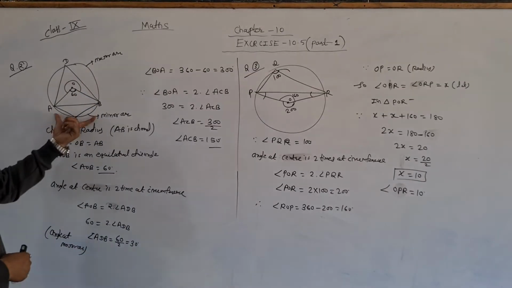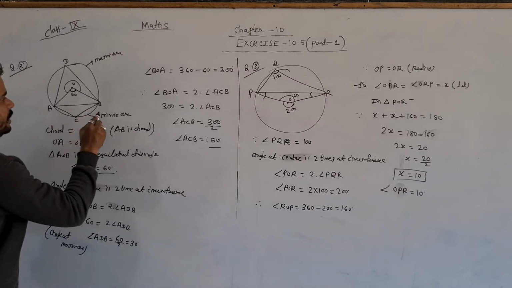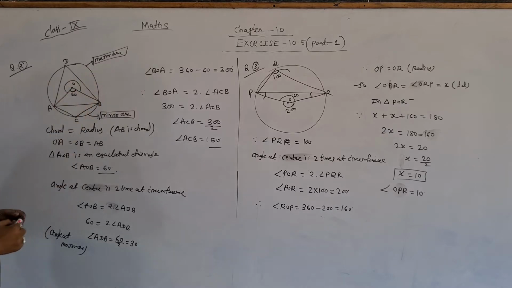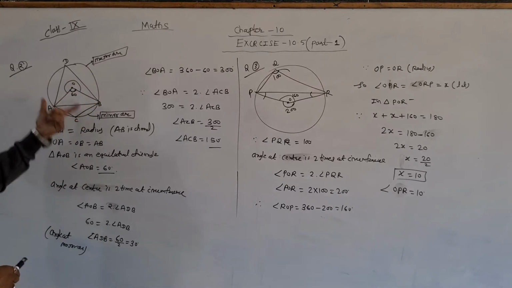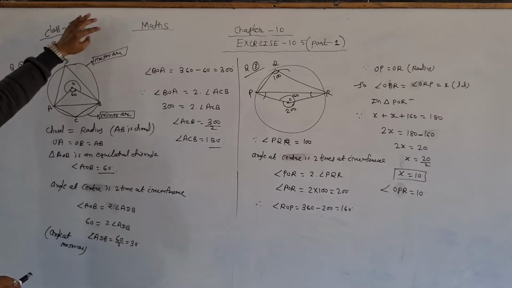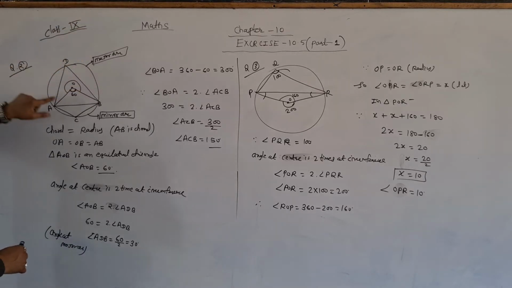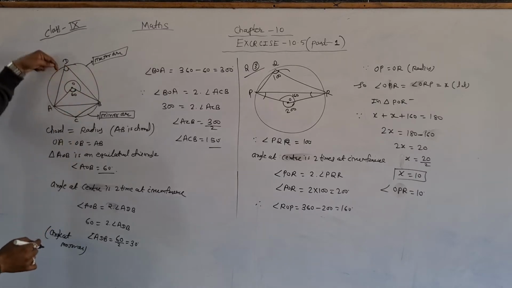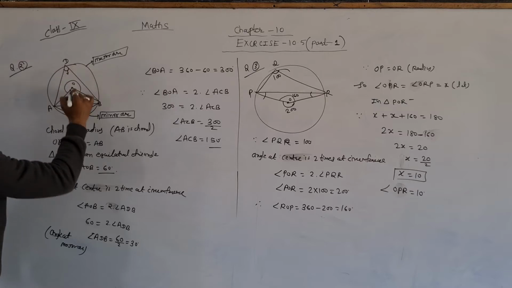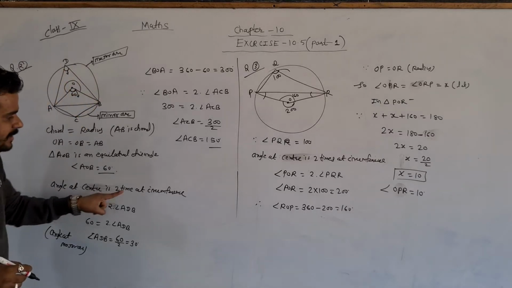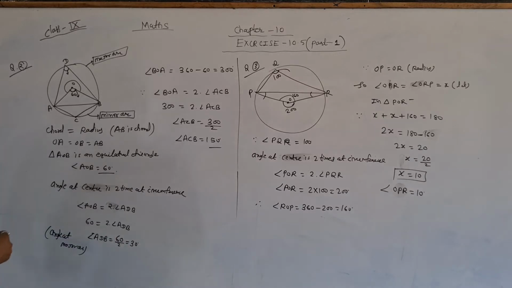Now you know that this arc, the smaller one, is known as the minor arc, and this arc is known as the major arc. The question says to find the angle at the major arc and the minor arc. First of all, we need to find the angle at the major arc. This is the major arc, and this angle is given as 60, and we need to find this angle. Both face the same side, downward. As you know, the angle at the center is 2 times the angle at the circumference.